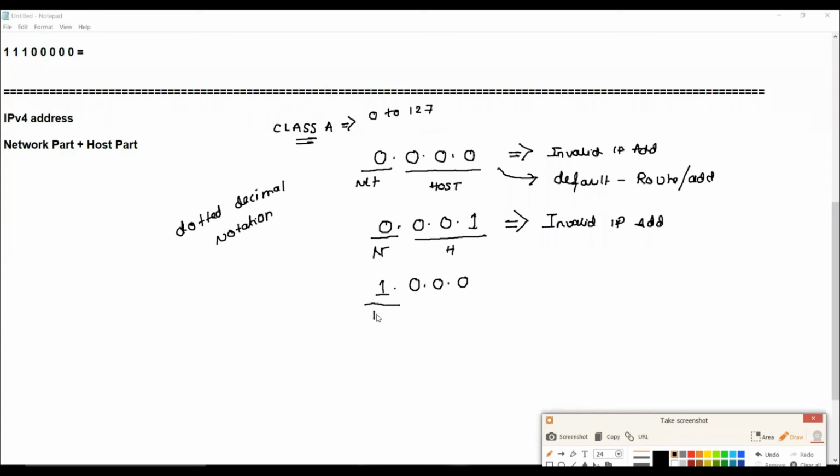So basically, this is the network part, the first 8 bits. This is your host part. So I can say that now there is a network bit which is in use, but all the host bits are 0, right? So there is a network bit in use, but all the host is 0. Now this address is a very, very special address. Again, this is called a network address